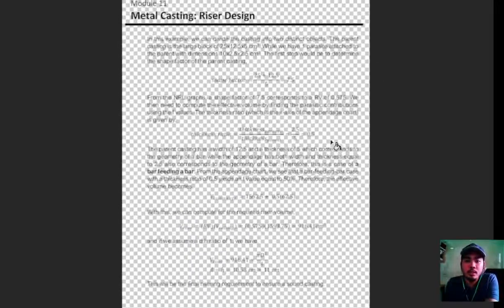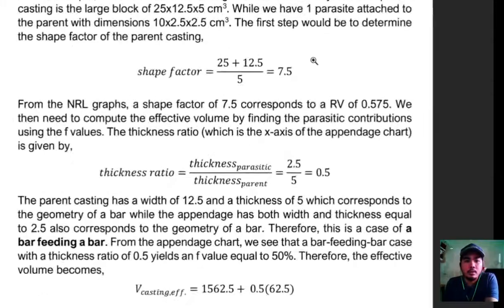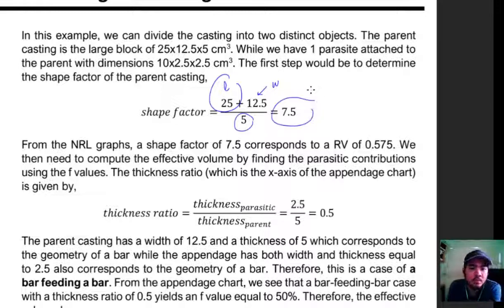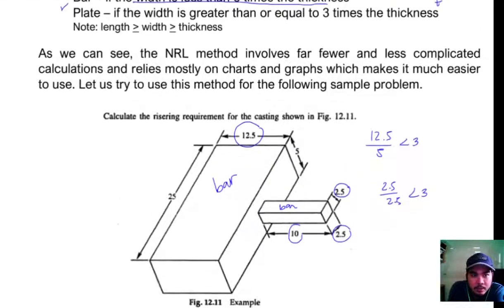So, we'll use the... First, we'll compute the shape factor. So, shape factor is just the parent casting, no? So, ang dimension ng parent casting natin is 25 by 12.5 by 5. Therefore, yung length natin is the longest one, 25. Tapos, meron tayong 12.5 na width. This is length plus width over thickness gives us a shape factor of 7.5. And if you look at the NRL graphs for, wait lang, this is